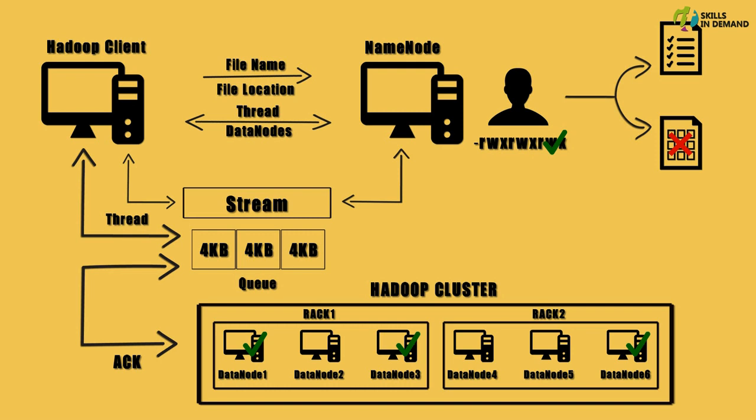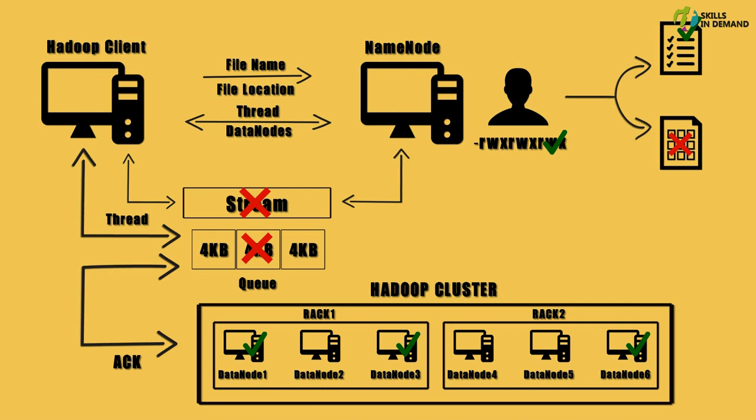Upon reaching the block size, the client would get back to the name node, requesting the next set of data nodes on which it can write data. The client indicates the completion of writing the data by closing the stream. Any remaining packets in the queue are flushed out and metadata information is updated on the name node.